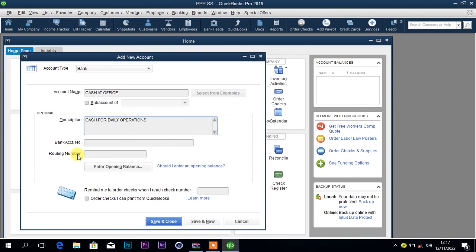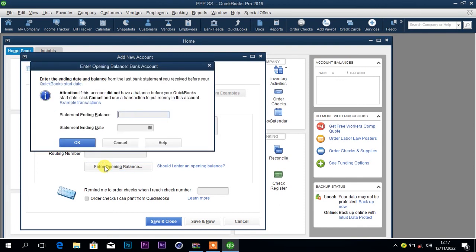If it's a bank account and it's having an account number, you put it here. If it is having a routing number, you also put it there. And if it is having an opening balance, then you come here to the enter opening balance option. So for our case, we are going to put an opening balance of 100,000. So you click on enter opening balance. We say our opening balance is 100,000. Then you put here the date